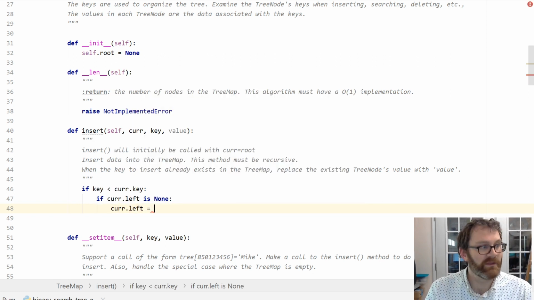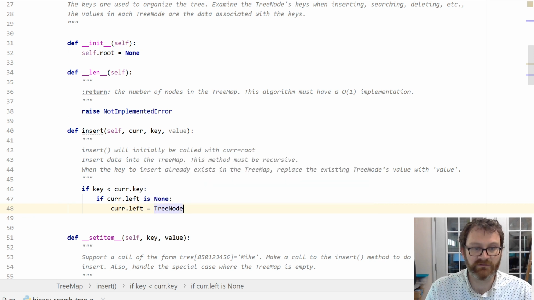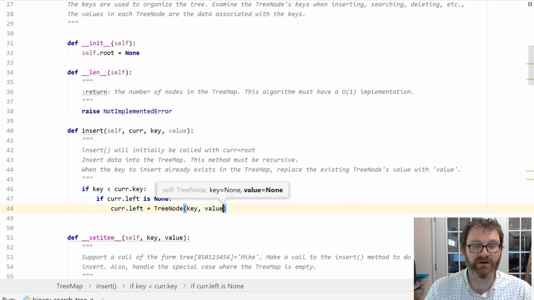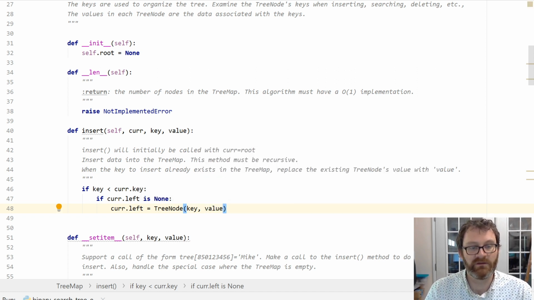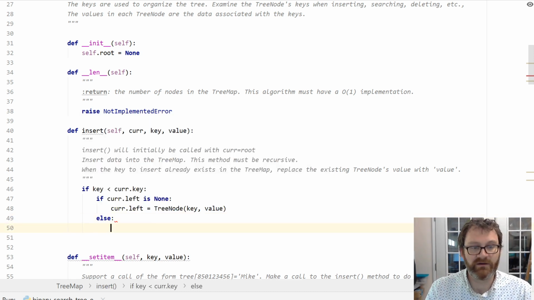Cur.left gets a new node. We're going to insert that leaf onto the end, and the tree node takes two parameters: the key that you want to insert, given by the key parameter, and the value you want to associate with that key, given by the value parameter. Now if cur.left is not none, in other words, there's something there, we make our recursive call. Else,